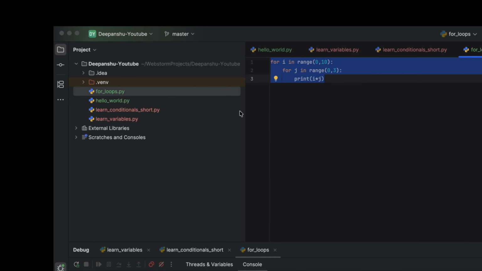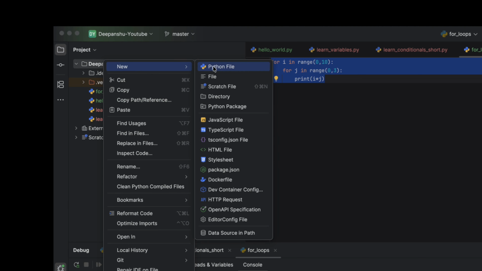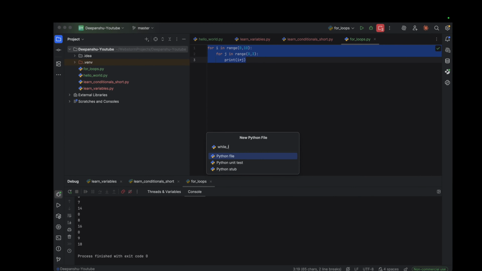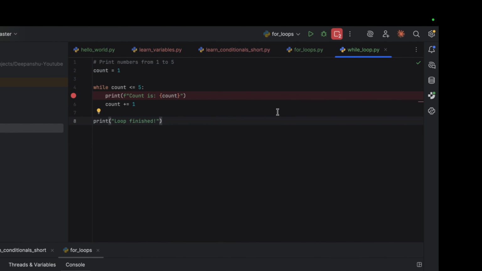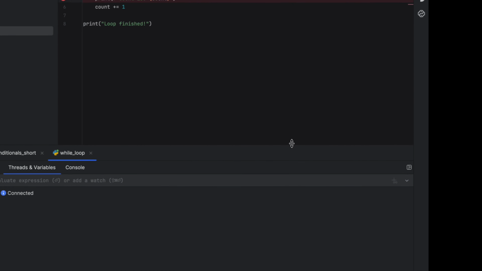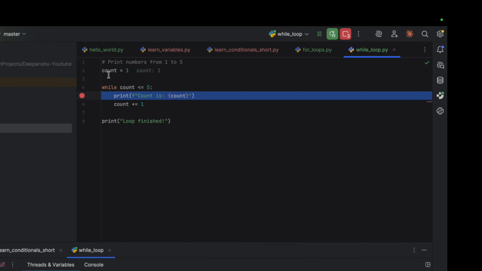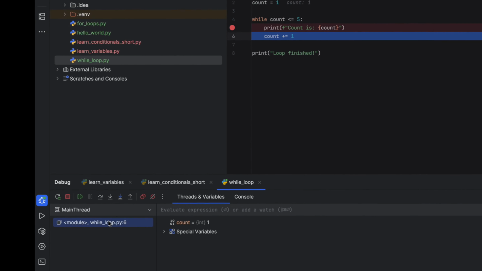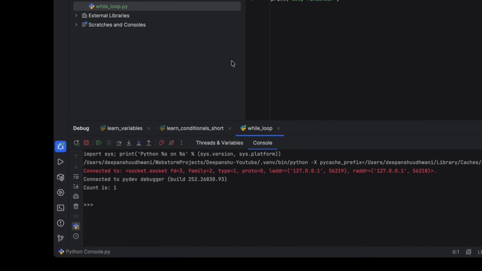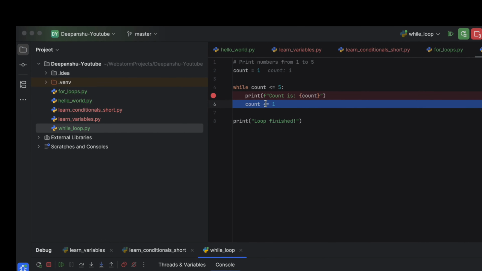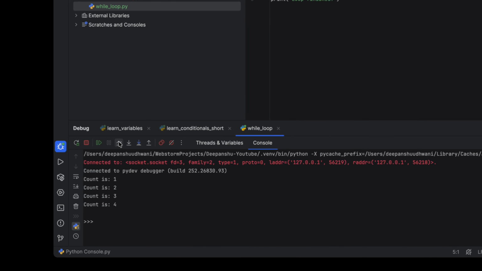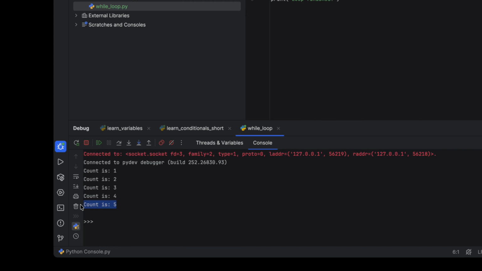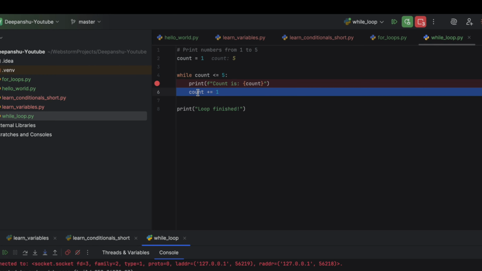Let's see this in action. Okay, let's create a new file, while loop, and let me paste it. I'll keep a debugger point here on line number 5 and let's run in debug mode. So currently the count variable is set as 1. Once I click next, this will print "count is 1" and count is now being incremented. Plus equal to means count equals count plus 1. Now the count is 2. Similarly count 3, 4, and once the count 5 is printed,